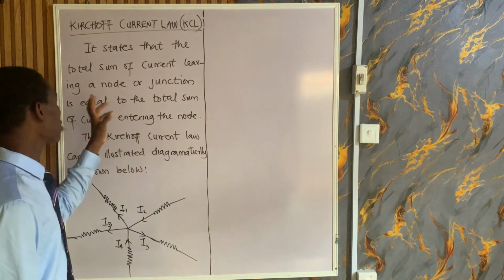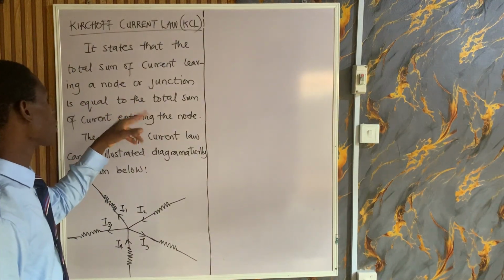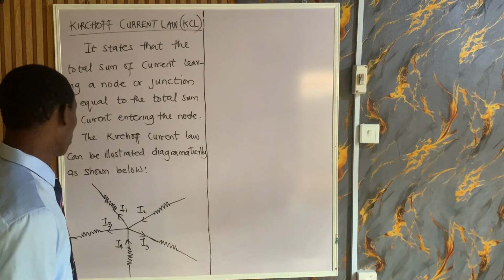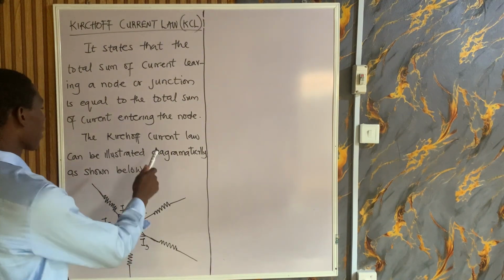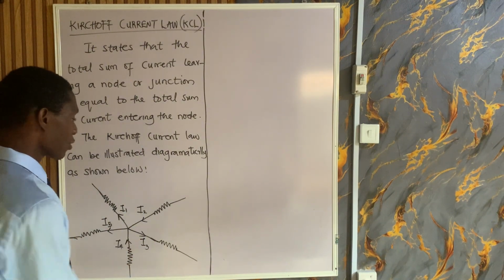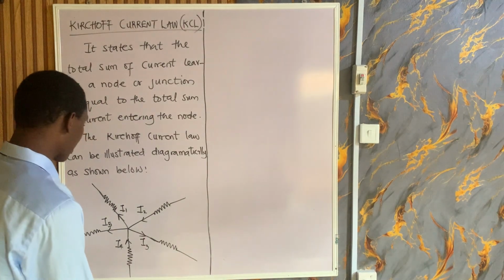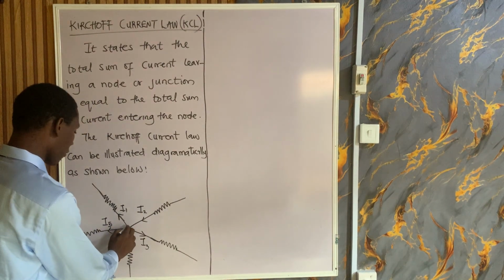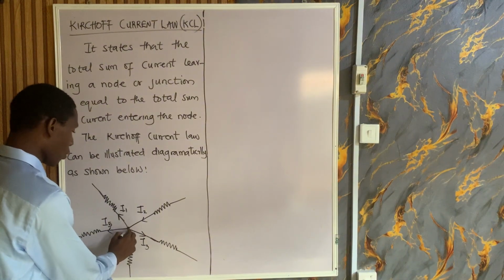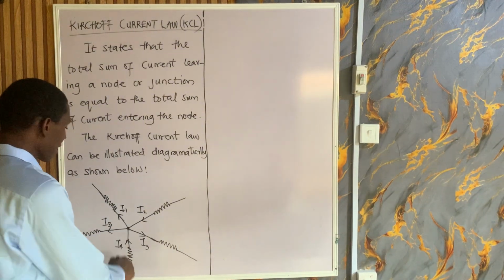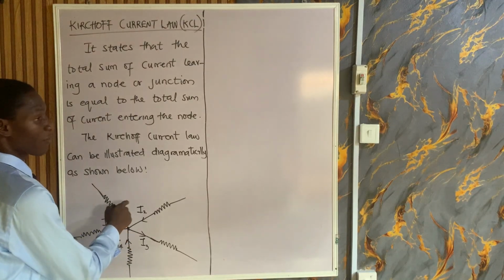It says that the total sum of current leaving a node or junction is equal to the total sum of current entering the node. The Kirchhoff current law can be illustrated as shown diagrammatically. So we're trying to illustrate the Kirchhoff current law using this now. This is a node where this circuit element meets. That's the node. So the sum of current entering this node is equal to the sum of current leaving the